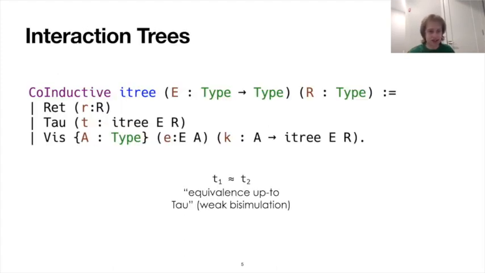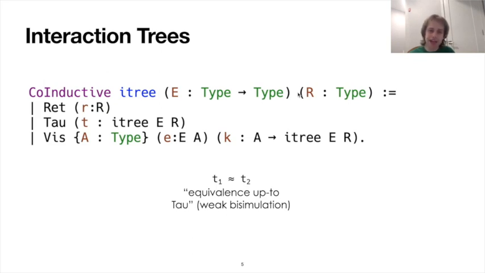So first, let's talk about interaction trees. Here is the Coq code defining the tree data structure. First note that it is defined coinductively, so these data structures can be potentially infinite. Then note it's parameterized on two objects, E, which is a type family, which should be viewed as the type family of events or effects, where I'm using effect in the algebraic effect sense, and R, which is just the return type. And it has three constructors: ret, which just represents a pure computation of type R,